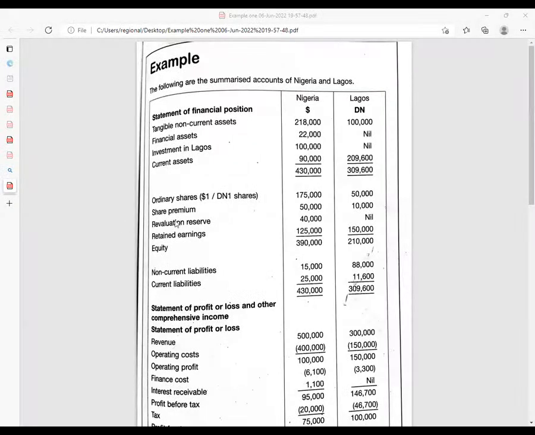I appreciate what you guys are telling me, but the next thing that I would have done is go to the pro forma. I'll go straight away to the statement of financial position. So I'll mention there, the name of the company is Nigeria Group. The Nigeria Group statement